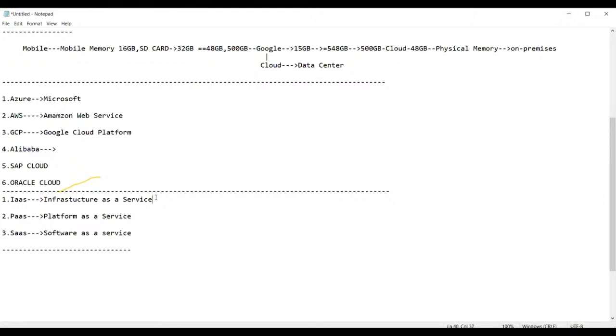Infrastructure as a service means what, guys? Suppose, as we just discussed, you require 500 GB of data to be stored. That means you require what? Space on the cloud to store the 500 GB data. Am I right? All the storage, how much storage do you require? 500 GB or 1000 petabyte. All this is the responsibility of the cloud provider, and it provides this service in the form of what? Infrastructure as a service.